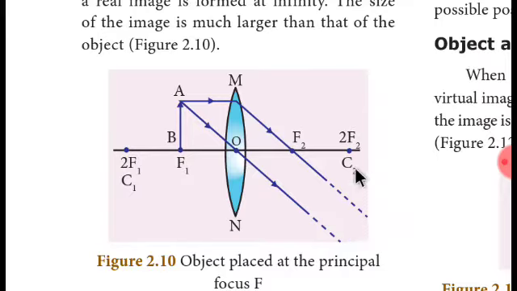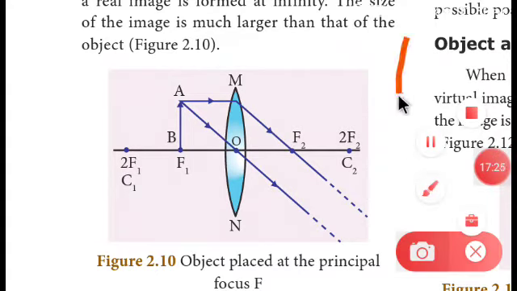If you are going to keep a pencil in the focus of this lens, then you are going to observe the pencil from far away through the lens. Then what you will be seeing is a very, very enlarged image of the pencil. Actually it's a real and inverted image, so you can't see that. You can capture it on a screen, then you can see that. What I'm saying is just keep a whiteboard here.